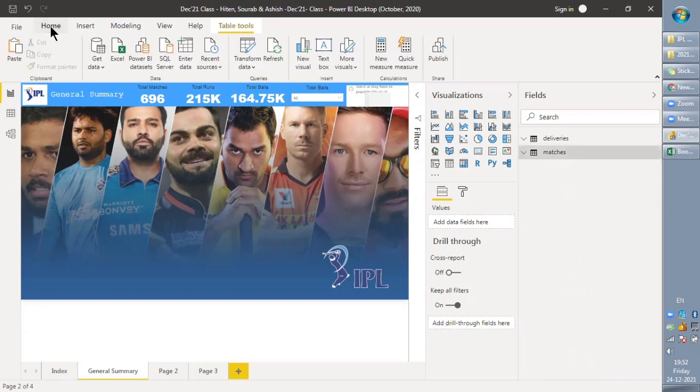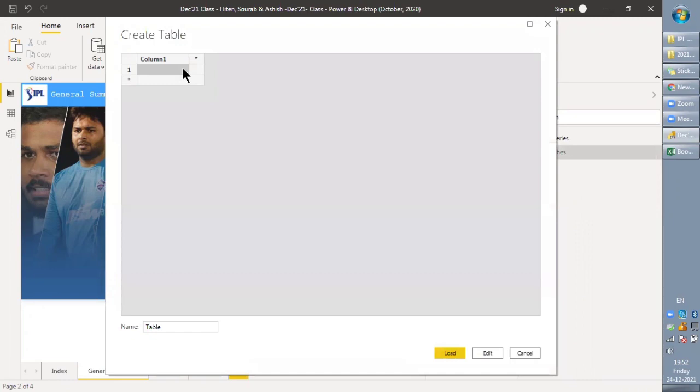So you can see, let's go to the transform, or you can also click on this data entry part. Okay, data entry. In this you can add manually, you can type anything you want, just like Excel. This is a sheet where you can edit anything. So for example, I want columns, then I will type it as teams. Okay, and then I can write here RCB or anything like that. Okay, so this is the sheet. It will give us a sheet where we can type in anything, just like Excel. So what we will do, cancel it.